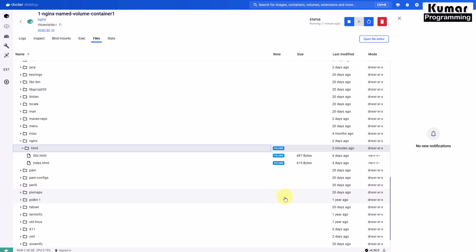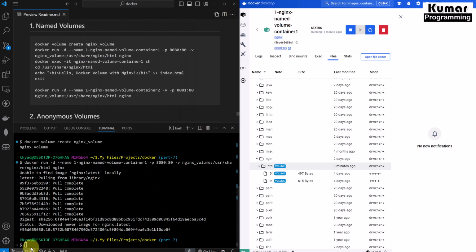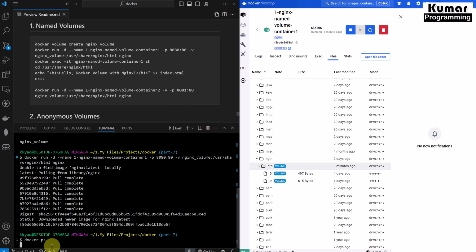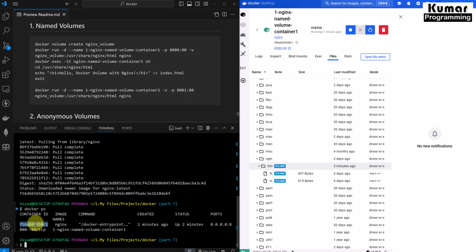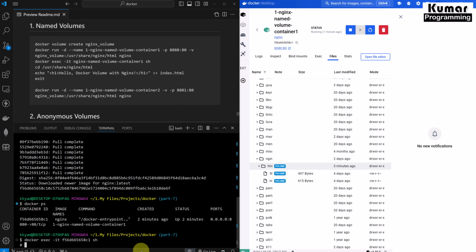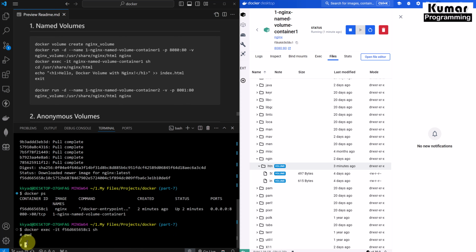Getting my point? Now let's go inside this container using a command. So how can we list our containers? Docker ps, right? So here we have our container. Now we have to get inside this container. We know we have the command docker exec -it, interactive terminal, and then we provide our container name or container ID. So here we will give our container ID and then sh, right? So now we will be moving inside our container. Now see, the present working directory is the root directory.